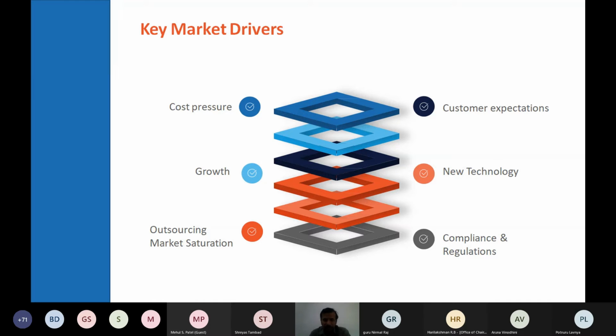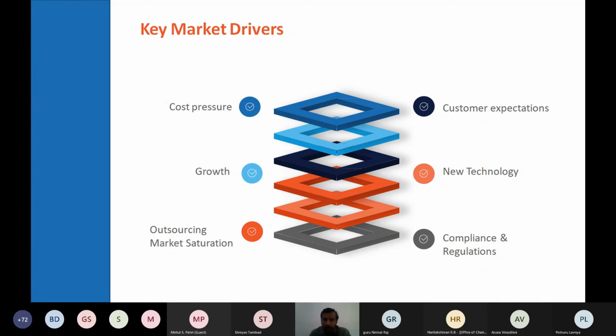And from the robotic process automation point of view, we will say that it definitely reduces your cost pressure. It definitely helps in the growth of the firm. I can say that it meets 100% of your customer expectations. Being a new technology, it is easy and user friendly to learn; you will understand it within another 2-3 days.